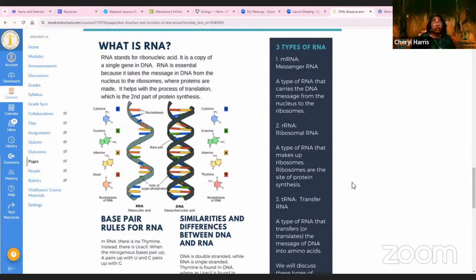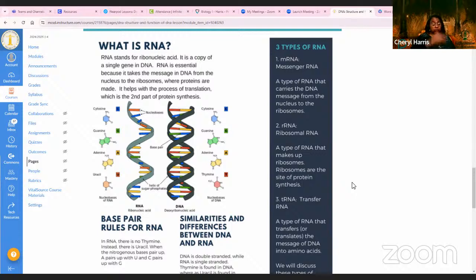Oh, I forgot the other one: RNA is single-stranded. DNA is double-stranded. One other very important thing is DNA never leaves the nucleus. It cannot get out of the nucleus. So it needs the first one. It needs a messenger RNA. So the messenger RNA's job is to copy the message, and then it can leave the nucleus and go to